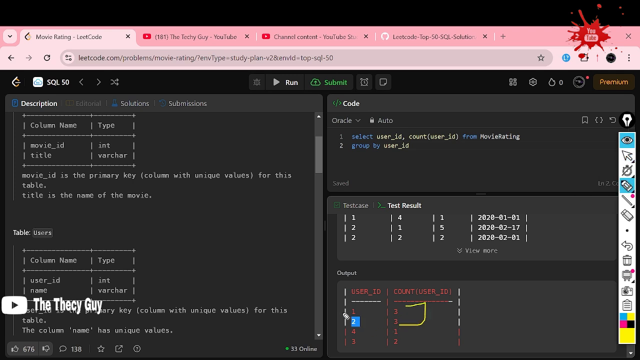Now I want this count. The problem here, look carefully, is that we want the highest number of rows, but we cannot just take the max, because we also need to find the lexicographically smaller one. So for this I am ranking using the dense rank function. If you are following my videos, you know what dense rank is, right? So I am using dense rank over